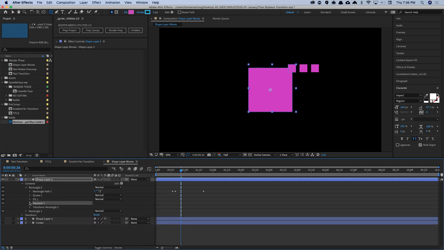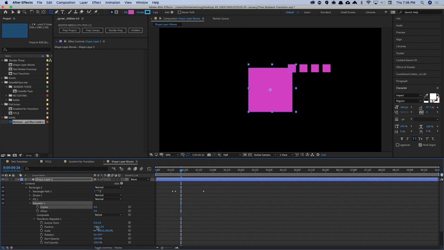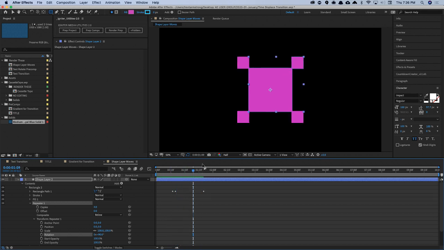Do a repeater, and I want to have 4 of them, of course. I don't want them to go anywhere on the position, but I do want them to rotate 90 degrees. Whoa. And then we can,